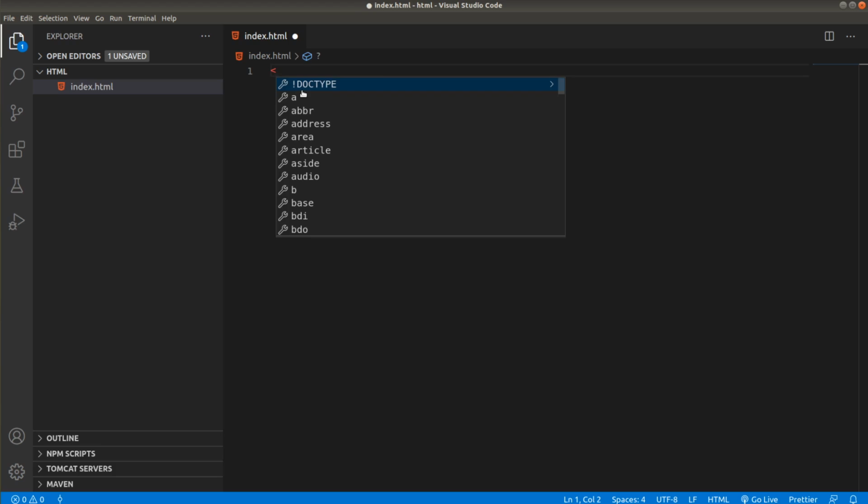Here, look at that, this is the best feature of Visual Code. As soon as I type a first angle bracket, I get a lot of options to choose from, and I am looking for the doctype. Now if I hit enter, that line gets automatically inserted into my file. Look, the first line of our document is now doctype html, and this line tells the browser that the document type is HTML and it needs to parse the HTML document and then render it in the browser.